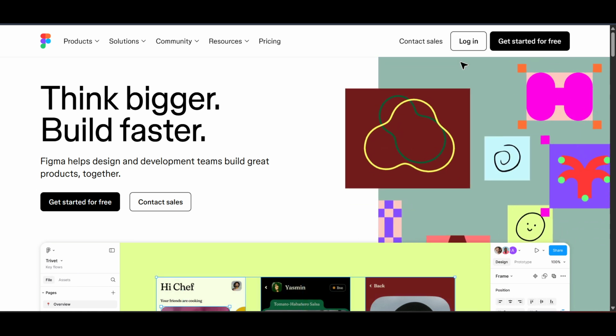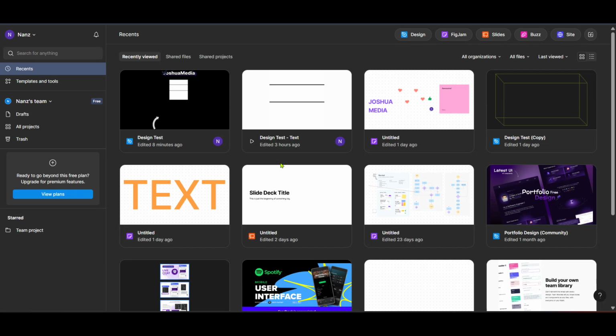Now that we're logged in, head over to the home page in Figma. Here you'll see a list of all your recent and shared files, making it easy to navigate to ongoing projects. For today's task, we'll begin by clicking on the Design tab. This is your creative workspace where all the magic happens. It's where you can create new designs and edit existing ones, tapping into Figma's full suite of tools that cater